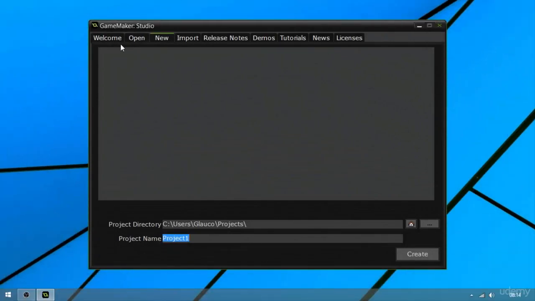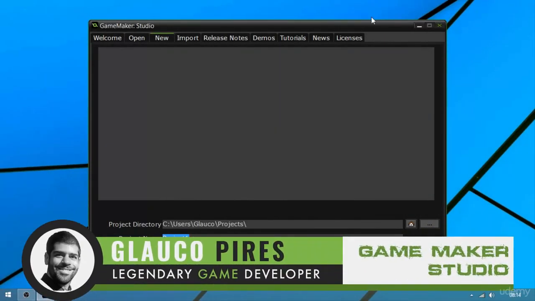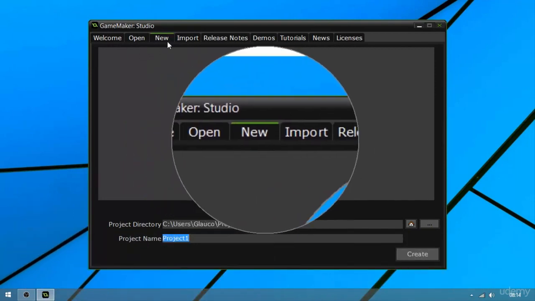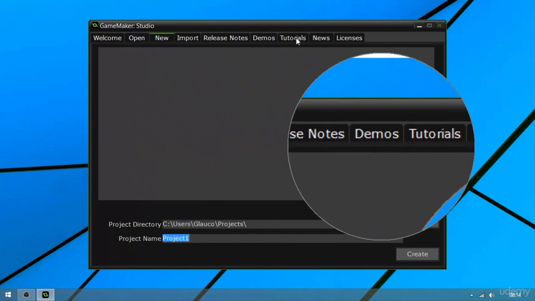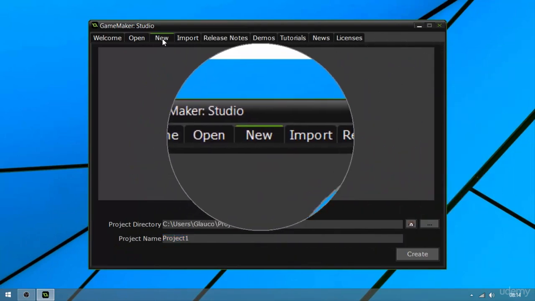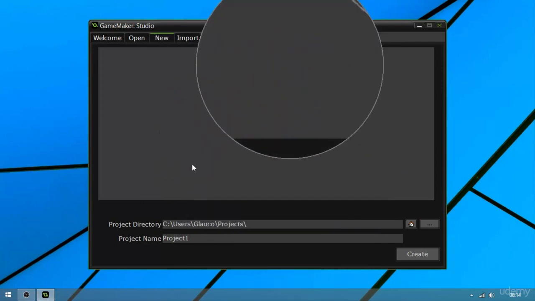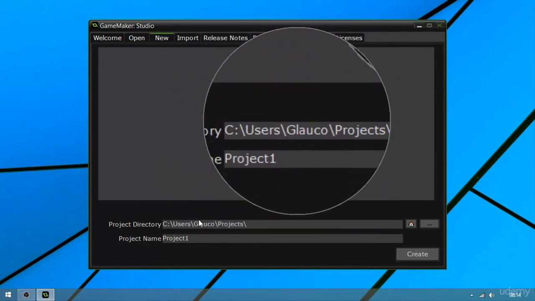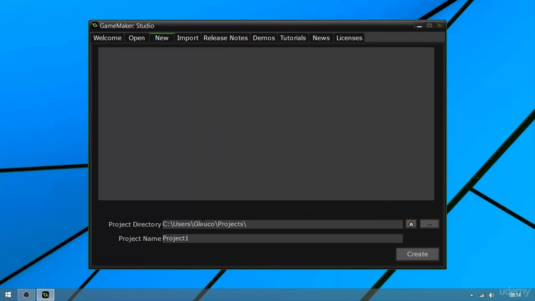Installed and log into GameMaker Studio, you should see this screen here where you have several different tabs to work with. You have open, new, import, release notes, demos, tutorials, and the one that we're going to look at right now is new because we're going to create a new project. Every game that you make in GameMaker needs to be in a separate project. Okay, so if you were to make 5 different games, then each of them would be in a separate project,